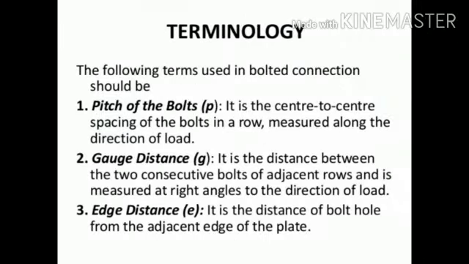it's about terminology, which are the terminologies we are going to use in the connections. First is the pitch of the bolt, which is represented as small p. It is the center to center spacing of the bolts in a row, measured along the direction of load. Second is the gauge distance. It is